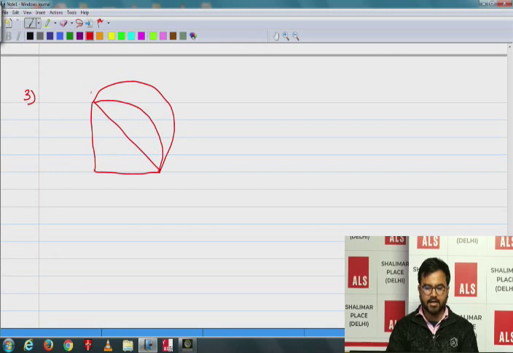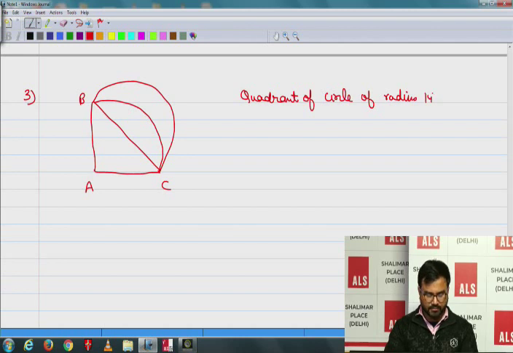So this is a right angle triangle. ABC is a right angle triangle and right angle at A. And this is basically a quadrant. A right angle triangle, a quadrant is also a right angle triangle. So you can say quadrant of circle of radius 14